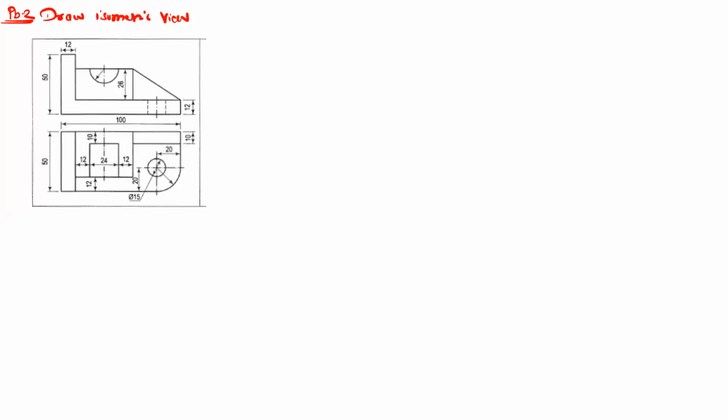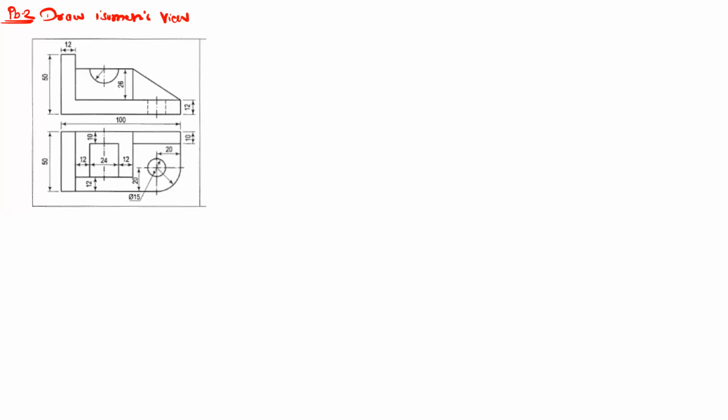So, during the last lecture, we have seen the isometric projection. If the 2D views are given, that is the 2D orthographic multi-views, then from these 2D views we can create the three-dimensional object, that is called a pictorial view. This pictorial view is called an isometric view. In the last lecture, we have seen one problem.